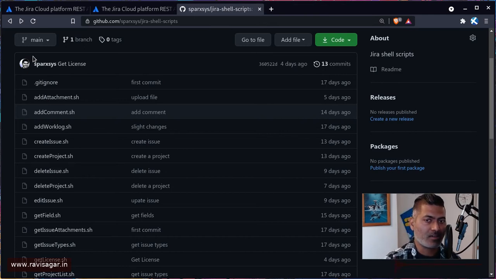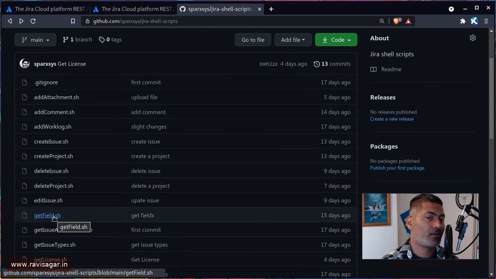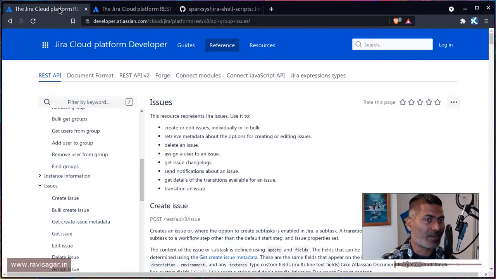I do a lot of things like adding my work log, or if I'm trying to retrieve the field information or know the field type, I run a script and I can do it immediately without going to the documentation. So documentation is something that you should refer to again and again, but try to use the information in your own working script somewhere. In my case, I prefer either, as I mentioned before, the browser extension or shell scripts, because I want these examples to be working all the time.